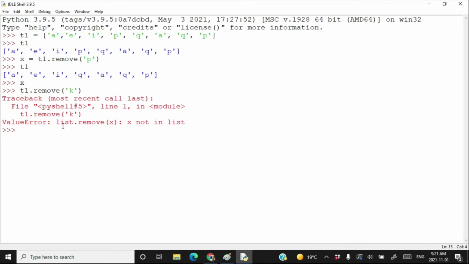If the formal format of the remove method is list.remove(x), then your x is not found in the list. Here in this case the x is k, so k is not found in the list.